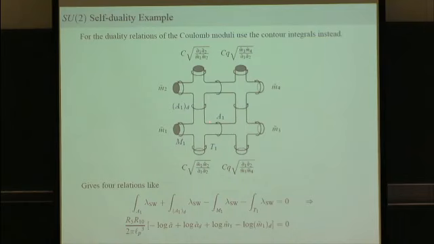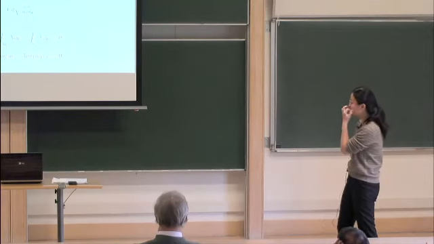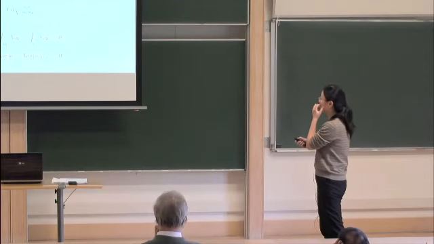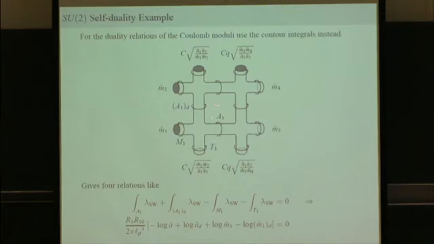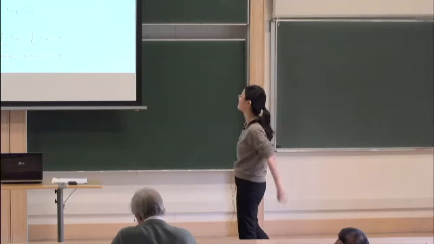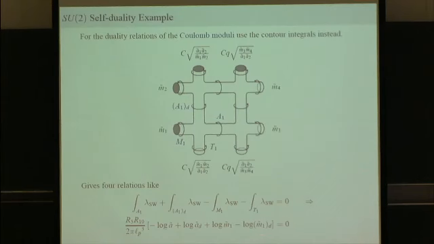So it actually gives me relations between the poles that I pick up by doing the contour integrals along each of these lengths. So this one is the Coulomb moduli, and this is what would be called the dual Coulomb moduli after doing the reflection. So the relation I get in the end is very simple for the Coulomb moduli themselves. So this one, M1D, is actually just this value.